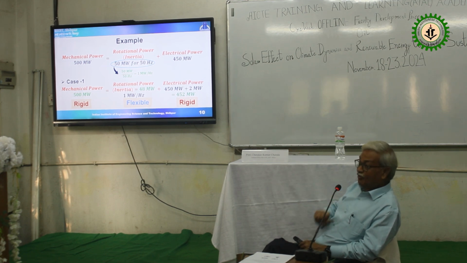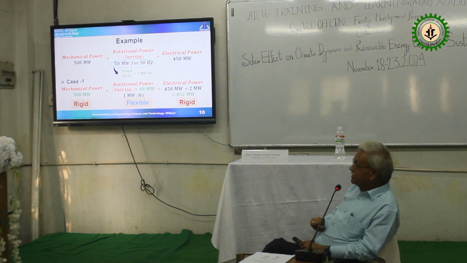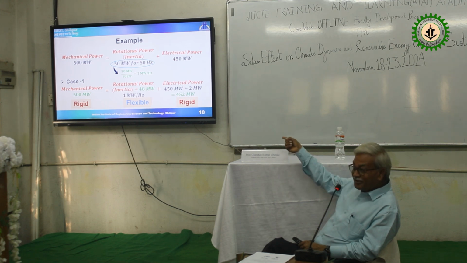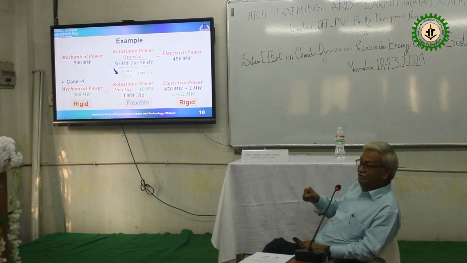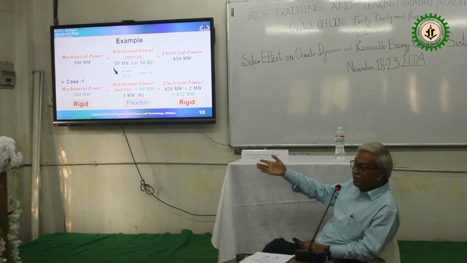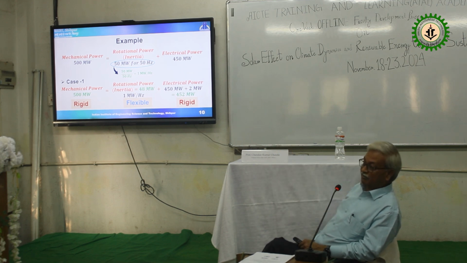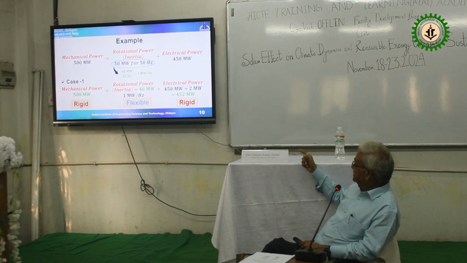The frequency has come down. And that's why whenever the demand goes up without any prior intimation to the generator side, there are fluctuations of frequency. And that frequency fluctuation comes from the rotational part. Because N is nothing but 120 f by P. P is fixed, 120 is fixed. So if it is related in a mathematical way, you cannot control that one.